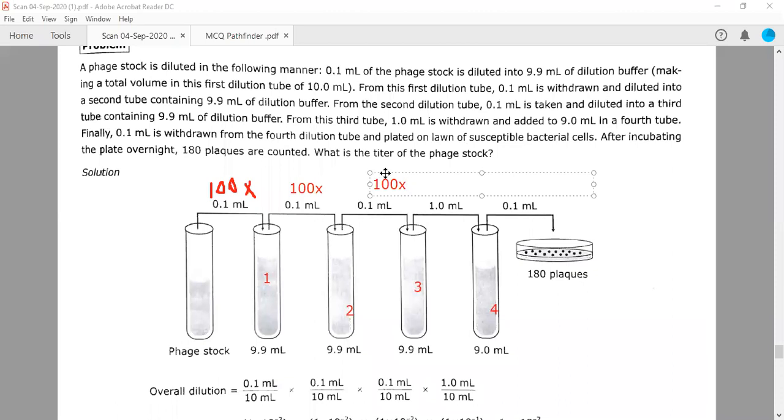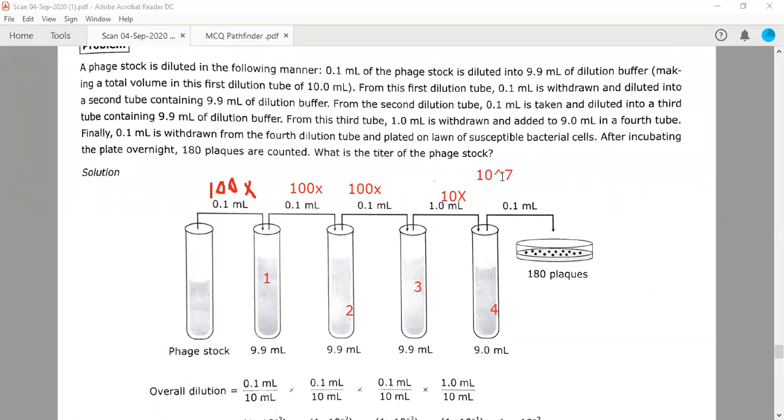Now tell me, already you have diluted it 10 to the power 2, 10 to the power 4, 10 to the power 6 times, right, up to here. Then you are moving 1 ml and you are adding into 9 ml. Therefore, you need to keep this in your mind that this time you are diluting it 10 times. If you add all the numbers 100, 100, 100 and 10, count the number of zeros, it will give you 10 to the power 7, right? So 10 to the power 7 times you have diluted.